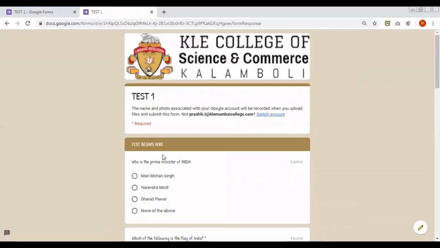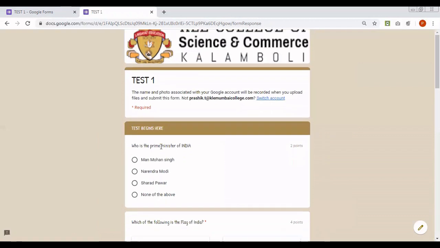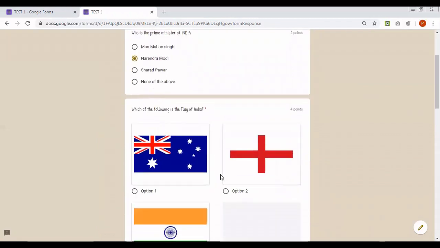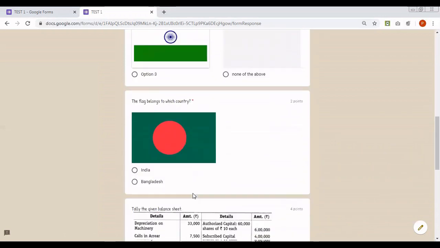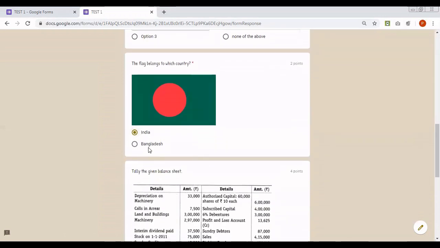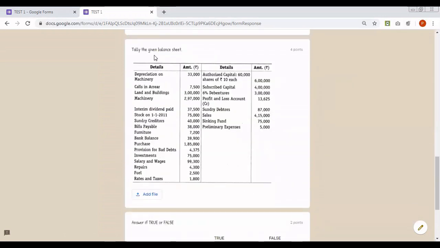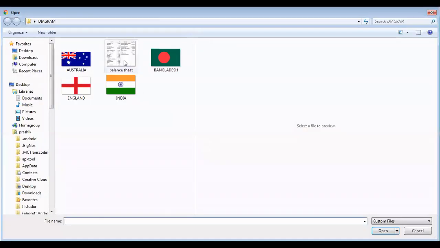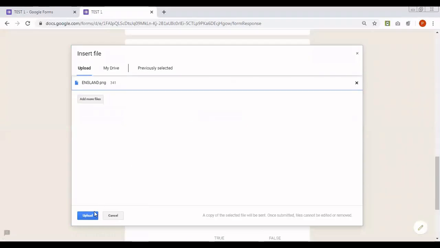Here is the test. It says test begins here. I select a few of the alternatives. Here it will ask me to upload an image for this question. I'll click on add file, select file from your device, and upload any random file.